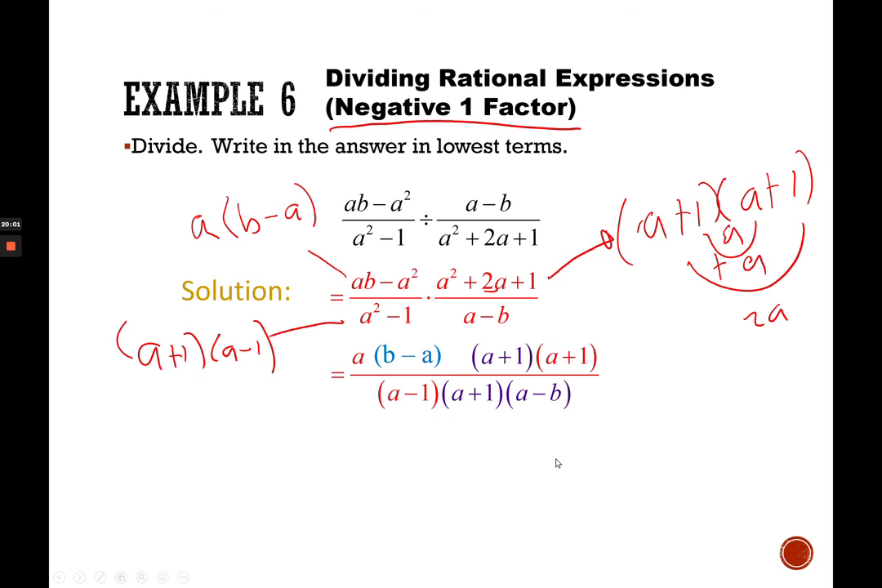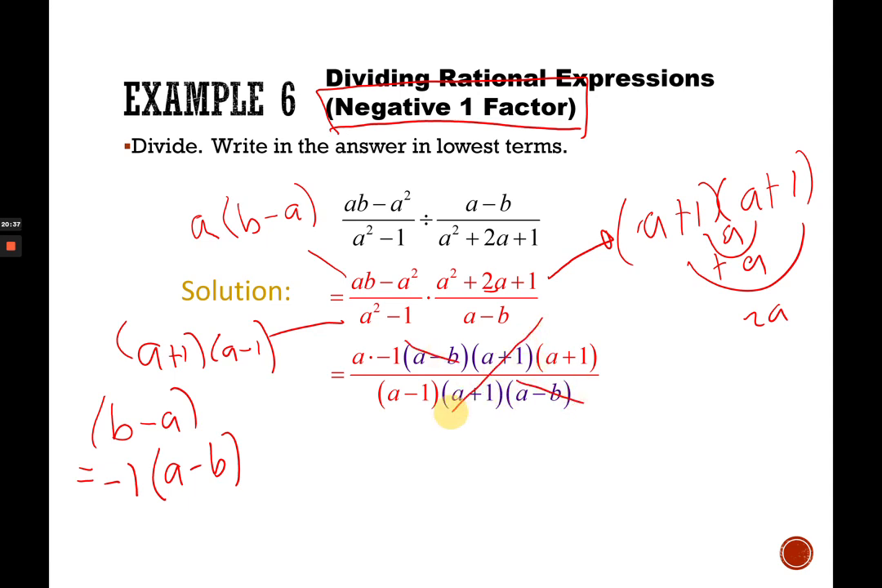Now, you see how there's a blue and purple? That's now where we apply the negative 1 factor. When we take out negative 1 from b minus a, the a now becomes positive, the b becomes negative. Just remember, when you factor out negative 1, the term changes sign. A becomes positive, b becomes negative, and so there it is. And so we can now cancel the a minus b. We can also cancel the a plus 1,